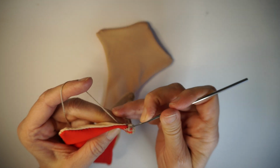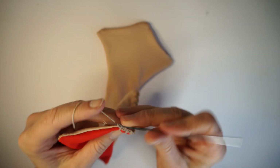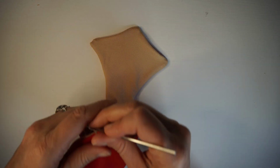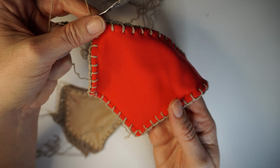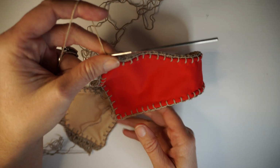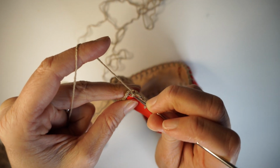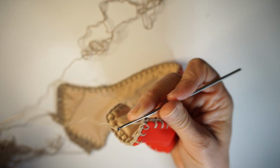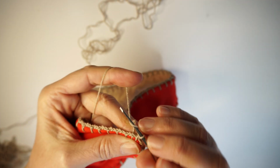Okay, so I'm gonna go around my entire piece, all the way down and up here and back here. So finish the entire piece, crochet all around it, and finish with my 2 chains here and a single crochet in that first chain. So from here I'm going to work 3 chains